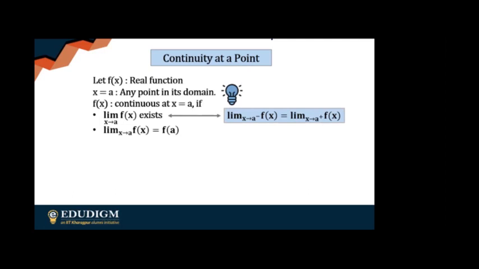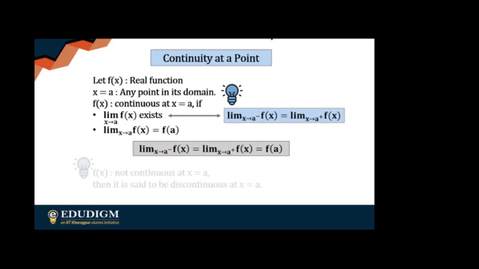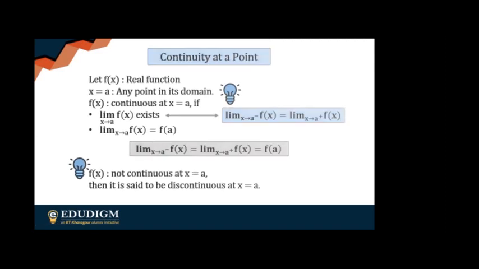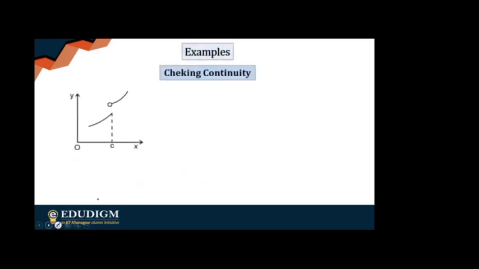Okay. So what happens when this limit exists? The left hand and the right hand limit should be equal. And not only that, it should be equal to the functional value, which is f(a). All right. So if it is not continuous at x equals a, it's said to be discontinuous at x equals a. It's pretty simple. Just the reverse thing. If it's not continuous at that point, it's going to be discontinuous. Okay. So what we are going to do here is, just like the previous one, I'm going to take some examples,